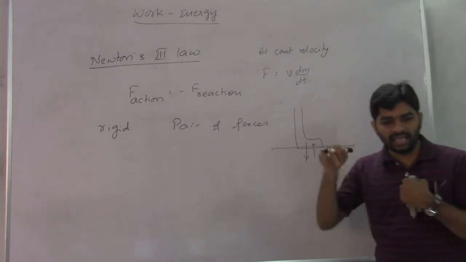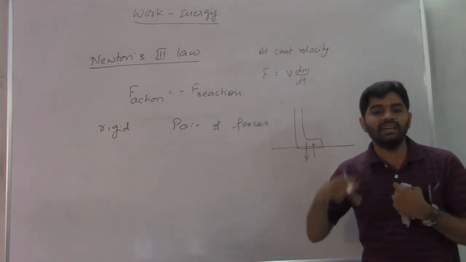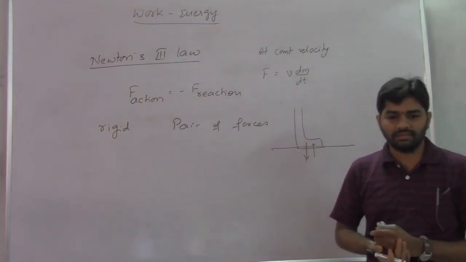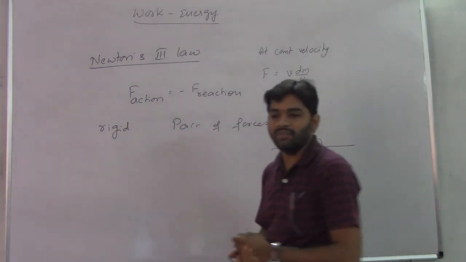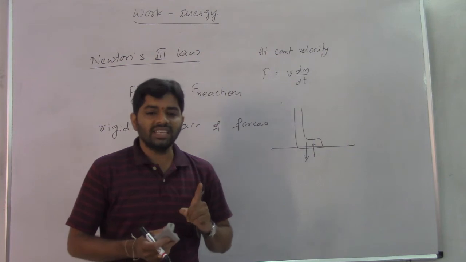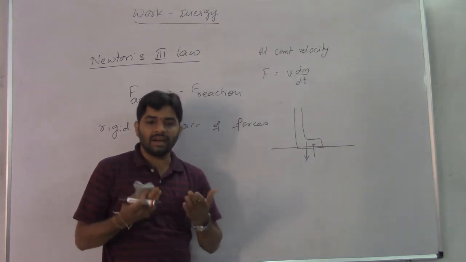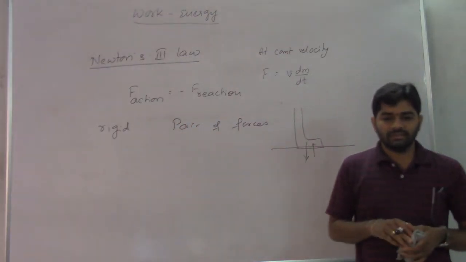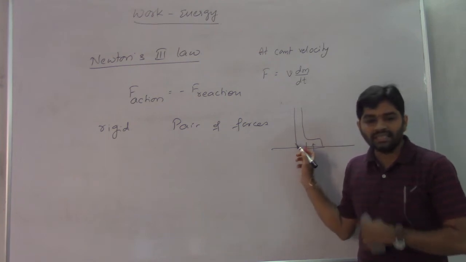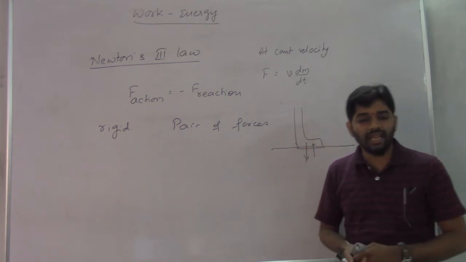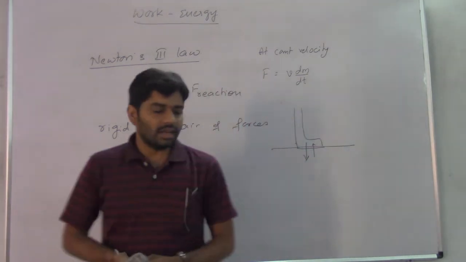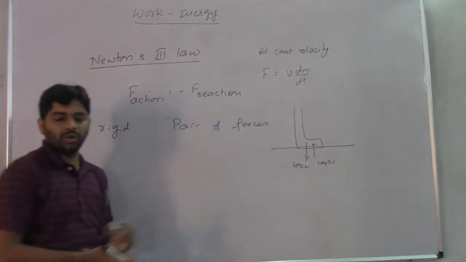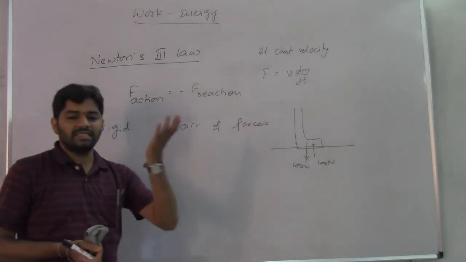Clear? Whatever force I give down to the ground, the same force the ground returns to my foot. Then I can lift my foot upward. I am applying force only to what? Direction, only to lift my foot up. But the force is given by what? Earth only. Action performed by foot, reaction given by whom? Earth. Then I can walk easily. Here I am giving 100 newtons downward, I am receiving 100 newtons backward, so I can walk. My energy is used only to lift up, direction point of view.